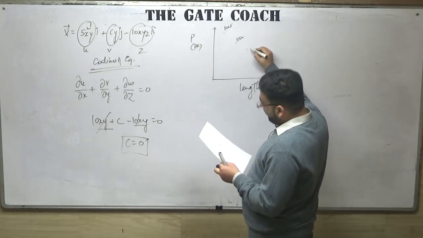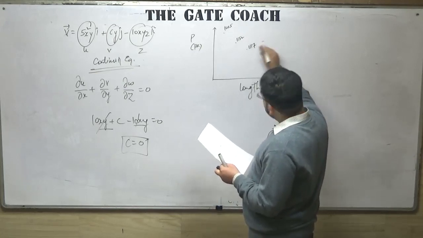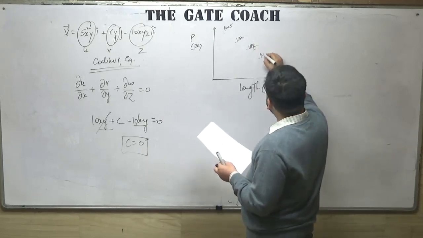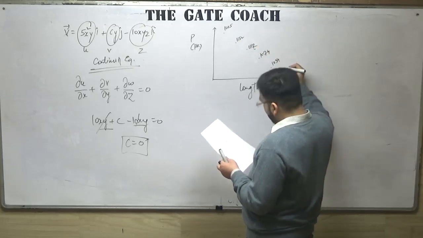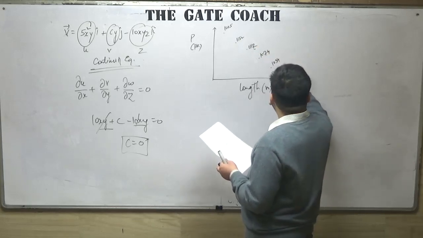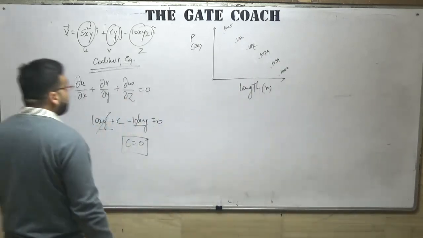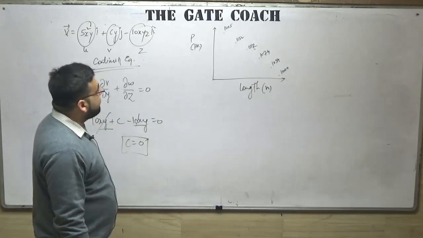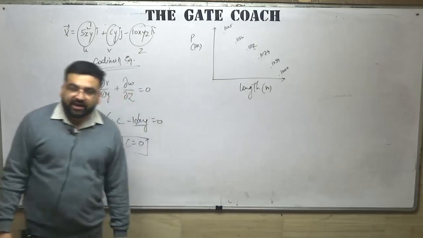Here it was 1117, 1112, not 7, 1112. Here the value was 1074. Here the value was 1034. Here the value was 1000. So you have different values. In this question, what you have to do is that you have to find the value of the fanning friction factor.